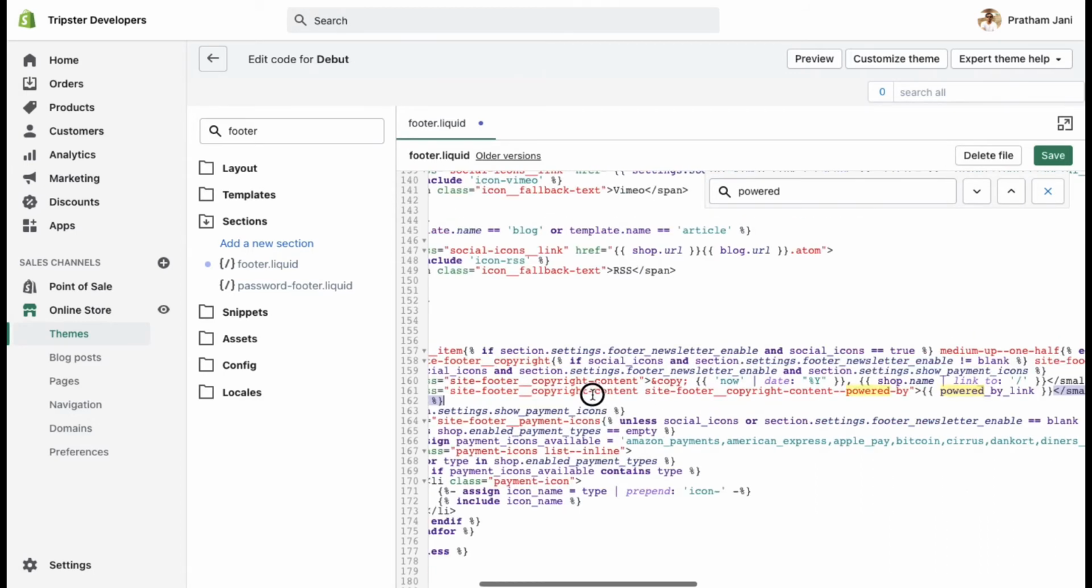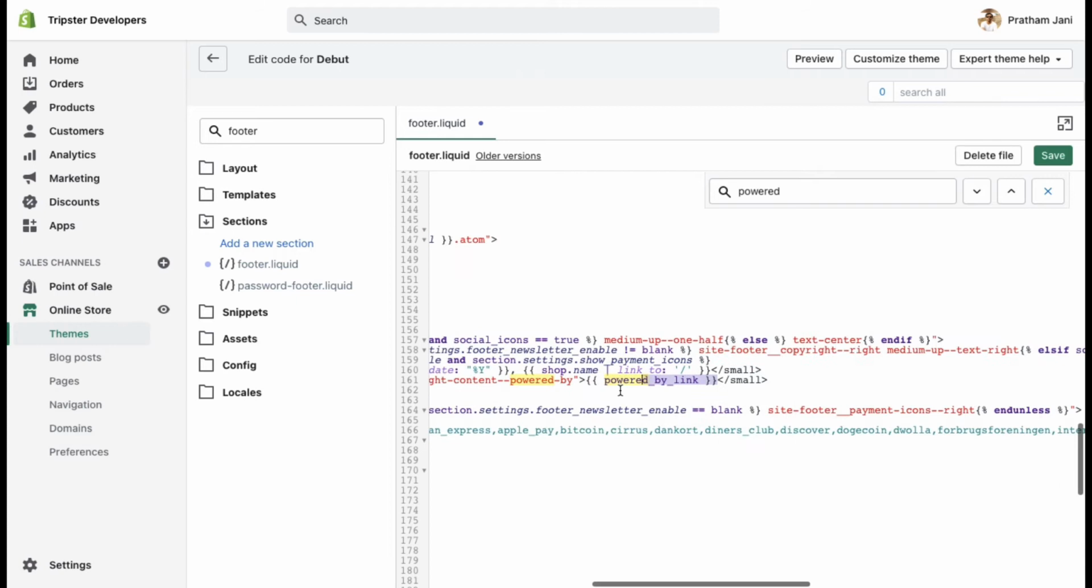You just have to select the powered by link from the curly bracket, and like that. Now what I'll do is I want to write, for example, whenever we make a new website